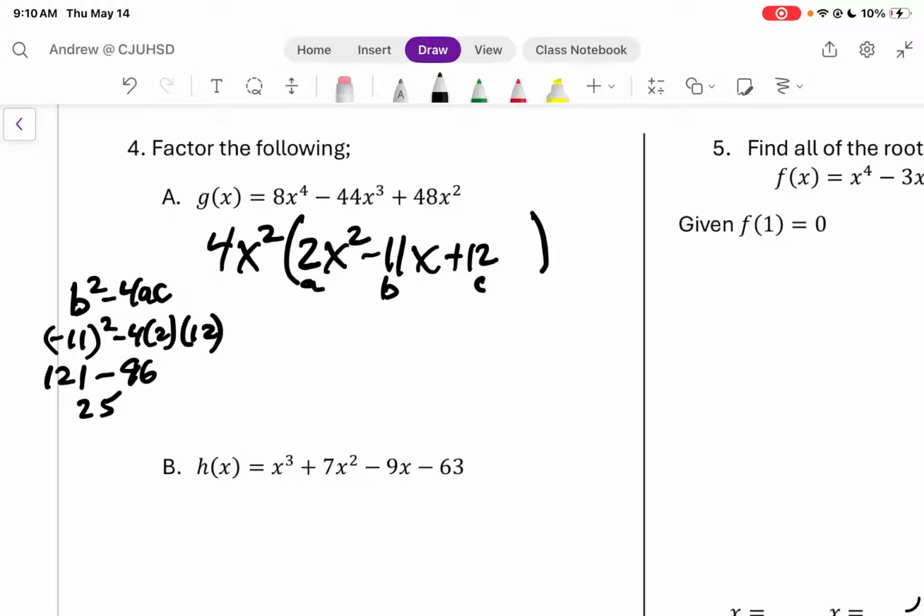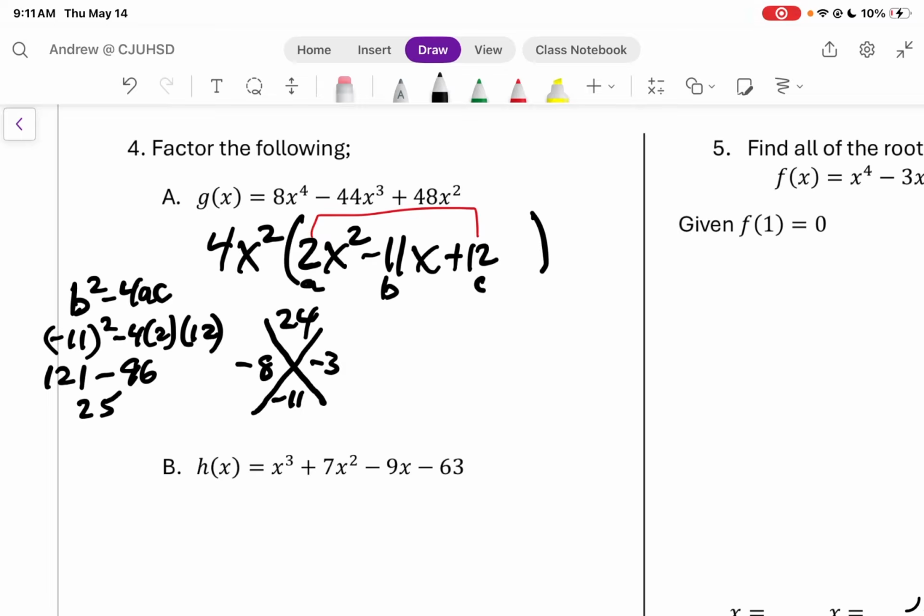So we're going to have to use a little bit of the x here. So we'll take the first number times the last number, put that on top. So 24 on top and negative 11 on the bottom. We're looking for two numbers that will multiply to 24 and add to negative 11, and that would be negative 8 and negative 3. So if you do this the snowflake method, that's one thing,